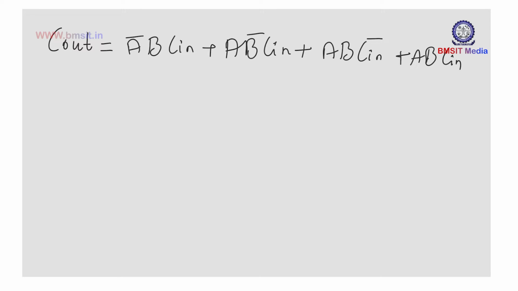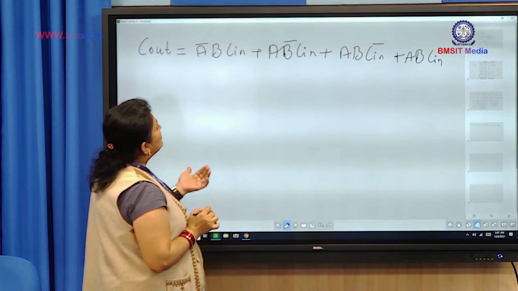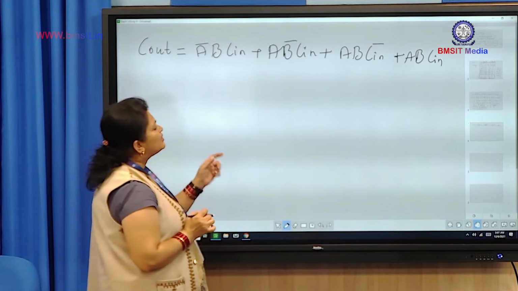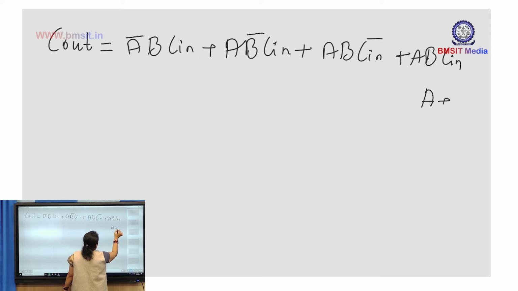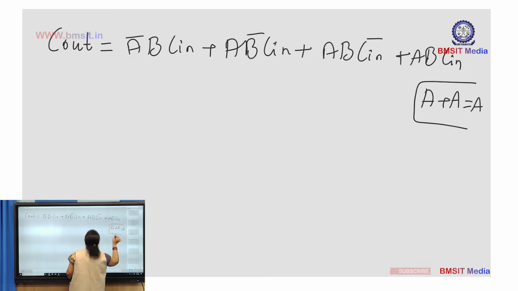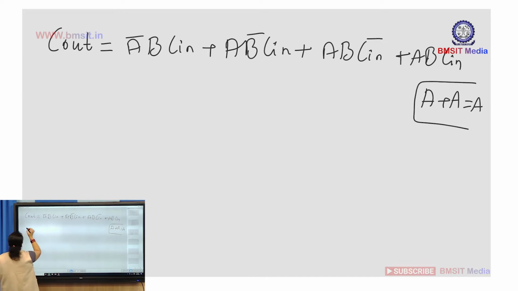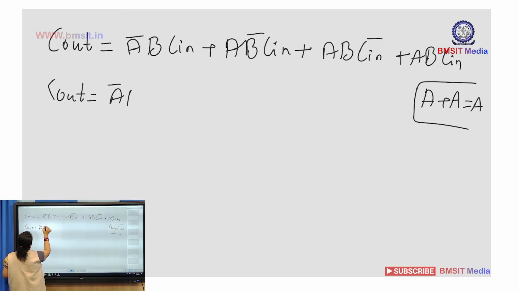Now you can simplify this expression using the rules of simplification. So here I'll employ one rule. As you already know, A plus A is equal to A. So based on this rule, I'm going to modify the expression: C out is equal to A bar B C in,